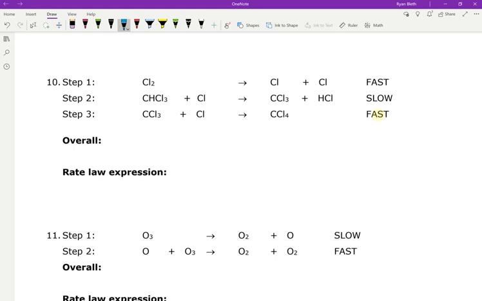All right, there have been a few questions about some of these mechanisms and figuring out the rate law expression from the mechanisms, especially when it comes to things like the rate determining step and how to work with intermediates. So I've chosen 3 questions on this assignment, number 10, number 12, and number 14, that I just want to work through and give you a little guidance if you feel like you're struggling on working those sorts of questions